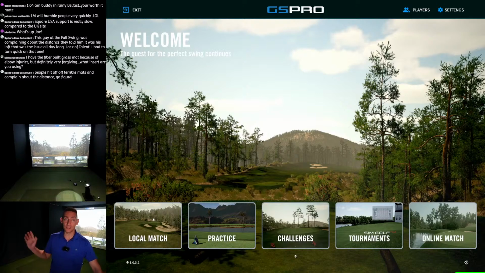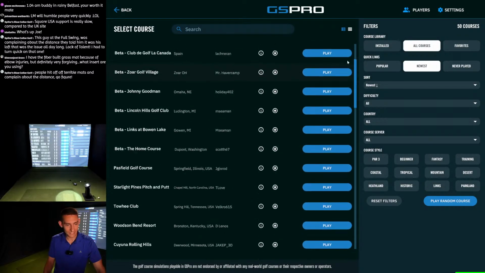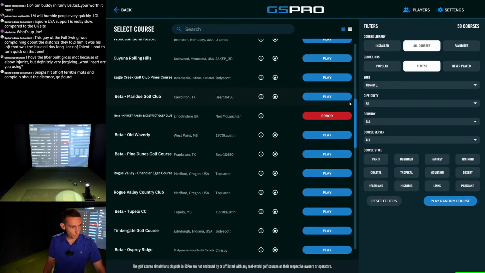This week, there were so many courses put out on GS Pro. It was incredible. Trying to keep up with all of them is just nuts. I do download every single course that comes to GS Pro, and I've just downloaded a lot of them. I've got an error there for one of the betas. What is that? Oh, you're kidding. They've put Market Raisin on there. I need that course. Neil has made...